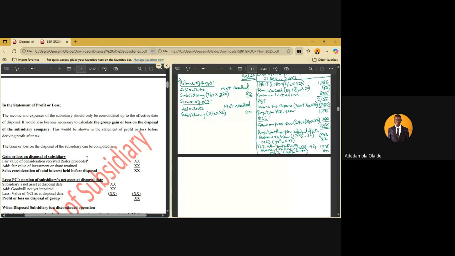Then we also less any previously recognized increase in the